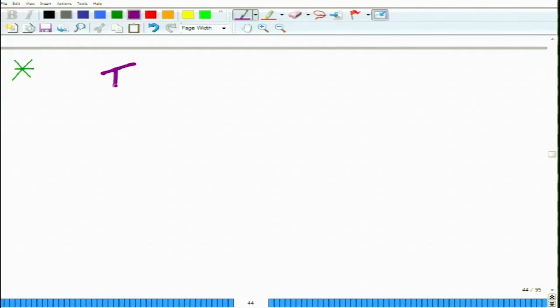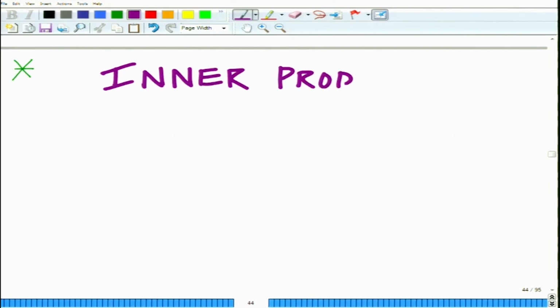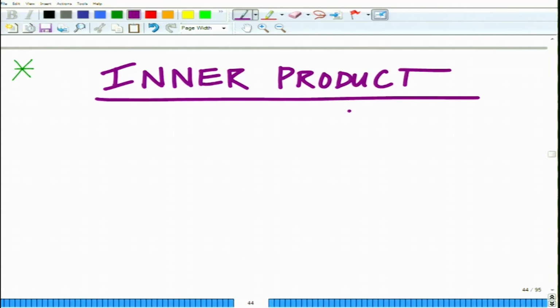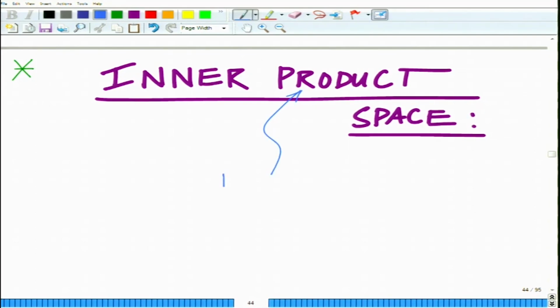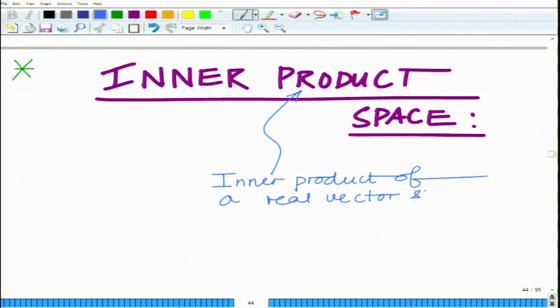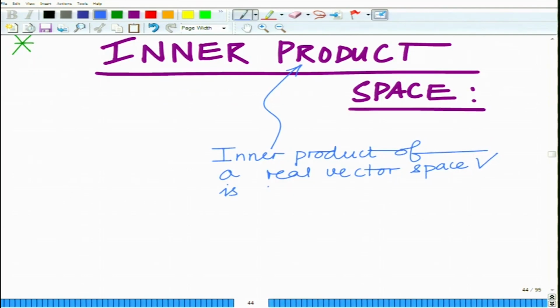Okay. So, we want to start looking at the concept of what is known as an inner product space. Now, what is an inner product space? The inner product of a real vector space is an assignment of a real number